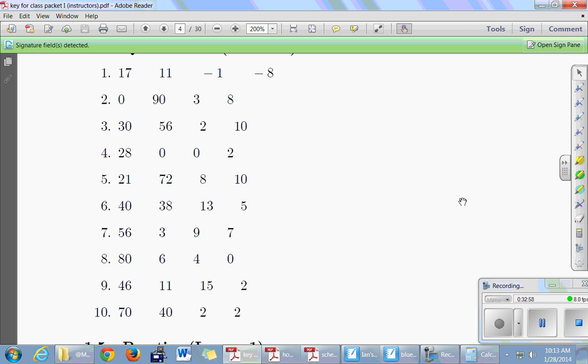Okay, so count up how many you got wrong. Hopefully you got 3 or fewer wrong. The goal on this is about 37 out of 40 or better. Again, if you got less than that, you don't have to tell your neighbors, you don't have to tell me, you don't have to tell anybody, but you should know that you've got a little bit of work to do in terms of catching up on your arithmetic skills. Again, you're not going to succeed in an algebra class without a good foundation in arithmetic. Okay,